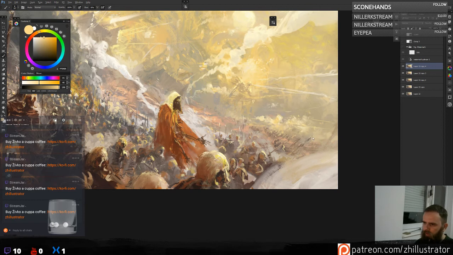Now I figure out I don't really need this spear here. Maybe I need it differently, like this, so it's a bit more in the foreground. And add some highlights on it.